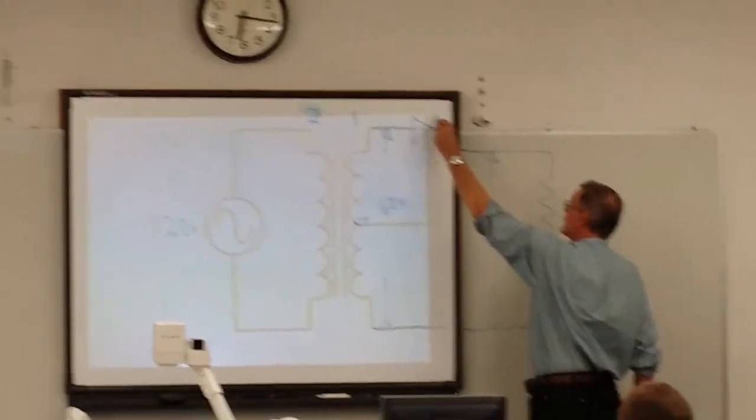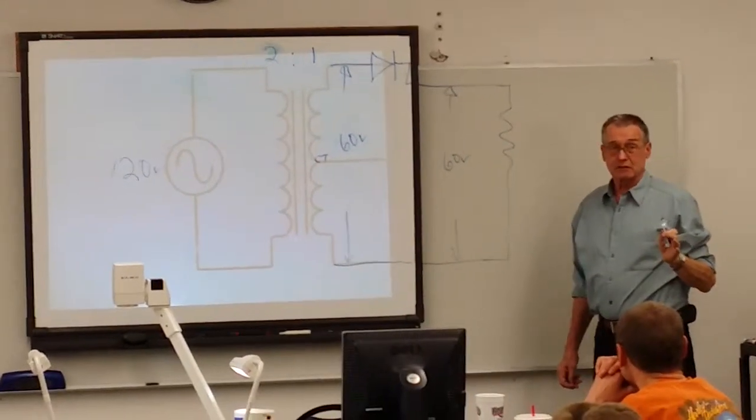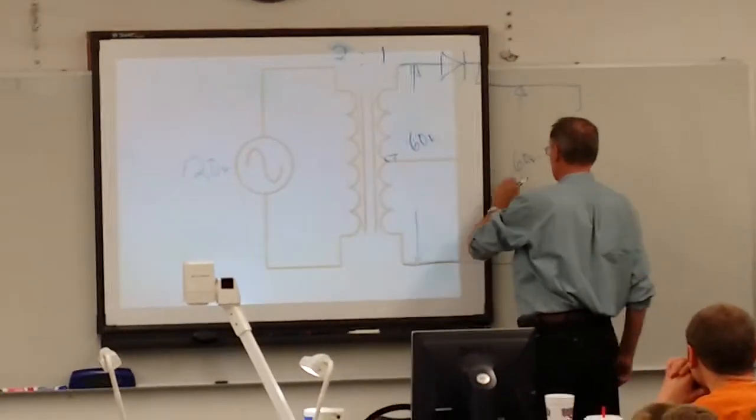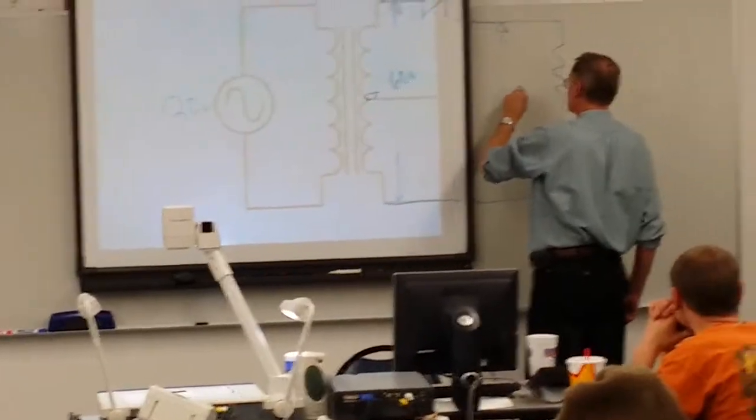See, once you get on this side of the diode, it's no longer AC, because the diode only operates in one direction. So since this is a DC voltage,